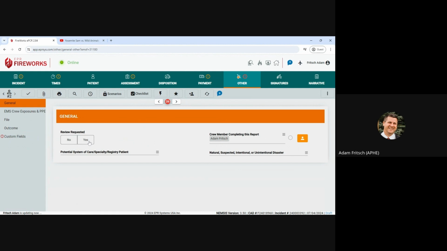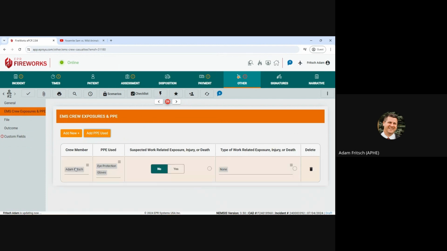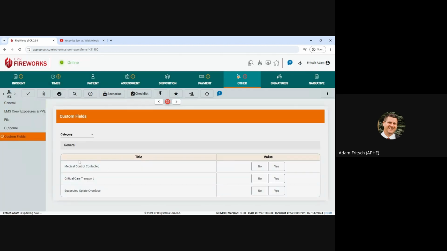This is a pretty interesting case. I might say, yes, I would like to talk about shark bites a little bit more. I don't deal with that very often. If you had an exposure, you have to add this. If you want to add this, you click this one button and say, do you want to use your default PPE? And it adds your eye protection and gloves for every member of the crew, which of course we are using on every call. Files not necessary, outcomes not for us, but then custom fields,